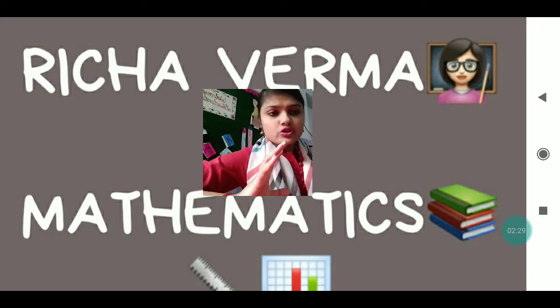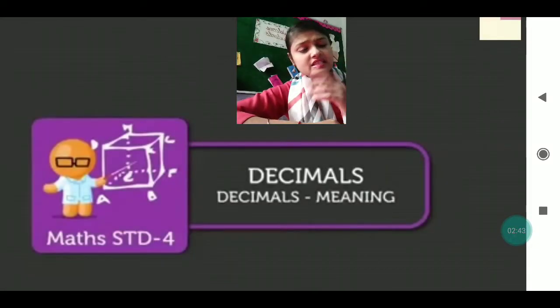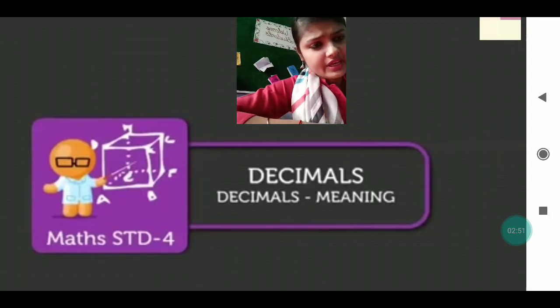I hope that you will enjoy doing decimal also because this is a very interesting chapter which will help you out in finding the accuracy of any number, or I can say an accurate number. Okay, so let's see. So yes, this is the name of the chapter, that is chapter number 15, decimal. Okay, now let's begin and just see.